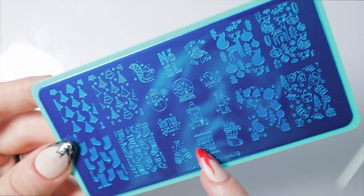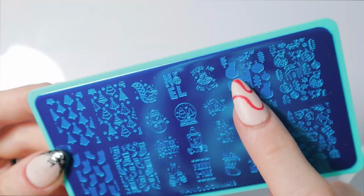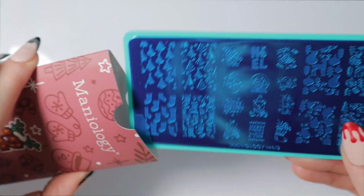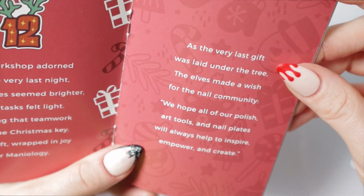And then you have stockings, bears, globes, all the most beautiful things. Wildlife, more wildlife, bears, Santa Claus. That's a beautiful plate. I love that they made these layering plates. That is so special. As the very last gift was laid under the tree, the elves made a wish for